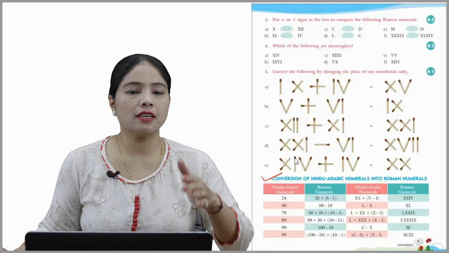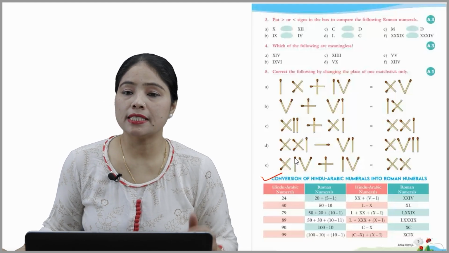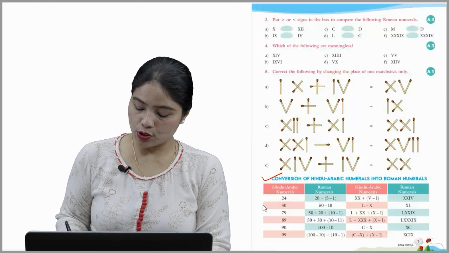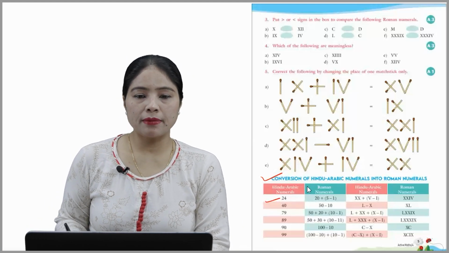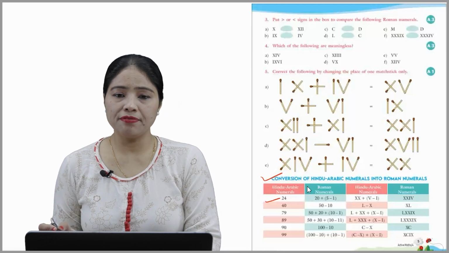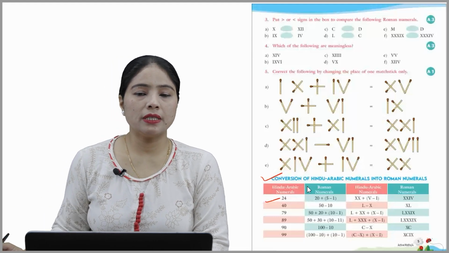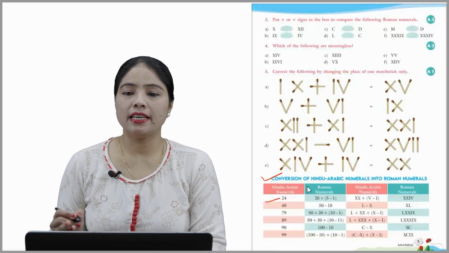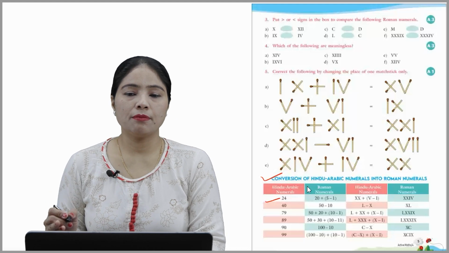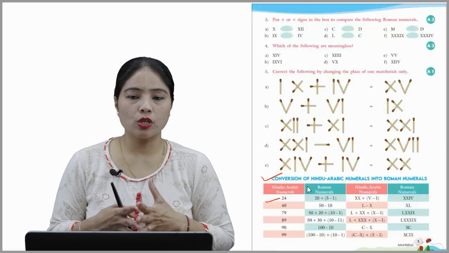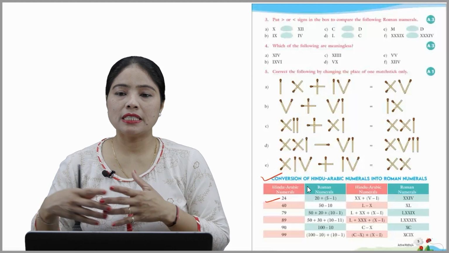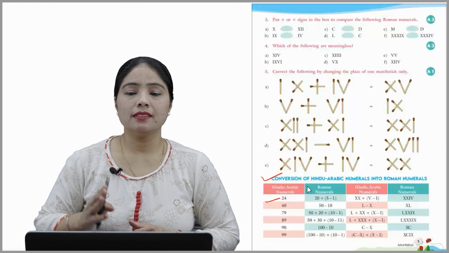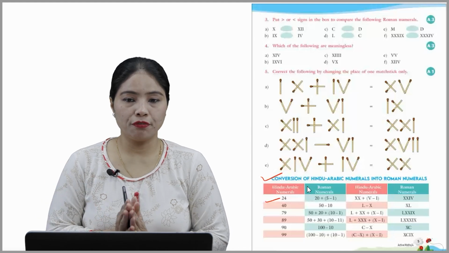Next topic. This is conversion of Hindu Arabic numerals into Roman numerals. So here it is given Hindu Arabic numerals like 24. So Roman numerals में हम कैसे लिखेंगे? 20 plus 5 minus 1, that means XX means 20 plus V minus 1. So 5 में से 1 माइनस करेंगे, so 4, then it becomes 24. And Roman numerals में हम कैसे लिखेंगे? XXIV मतलब कि 10, 10, 20 and this is 4, 24.